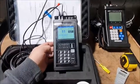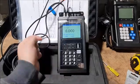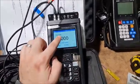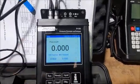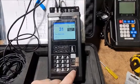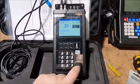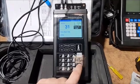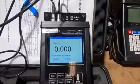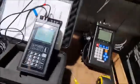And if we had some flow, we should start to see that here on just the rate button. One other thing I want to change is my units. At the moment I've got M3H. If I go to menu 31, I can change this to various units. I'm just going to go with liters, and then I'm going to make it a minute. So now it's set to liters a minute, and I'll see that up here on my rate screen. So now, if I turn on the pump,